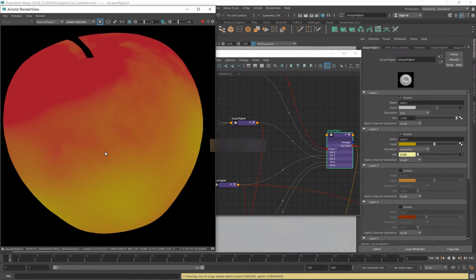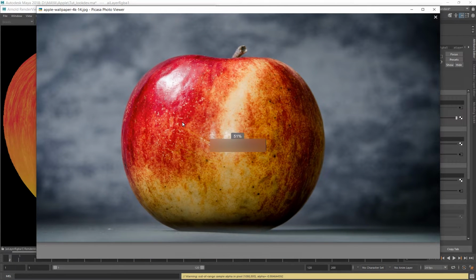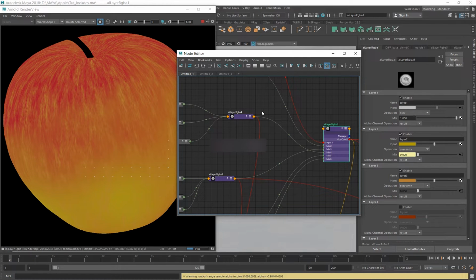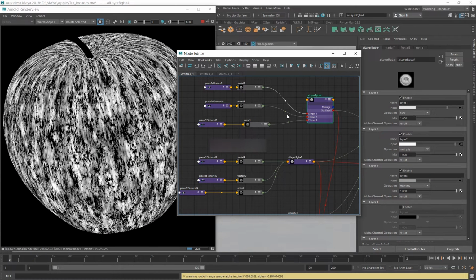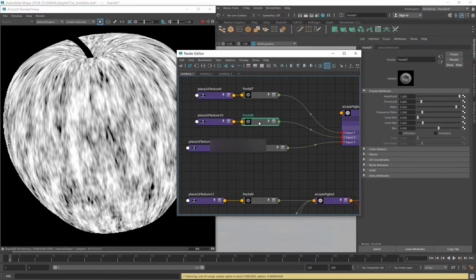Not very detailed things. And the third layer is the next detail which I wanted to create, which is these stripe patterns. So this thing I have created with a fractal. In here I have used another AI layer, and I am mixing three different types of fractals. So one is a noise, and you can see there are differences in the amount of detail here.